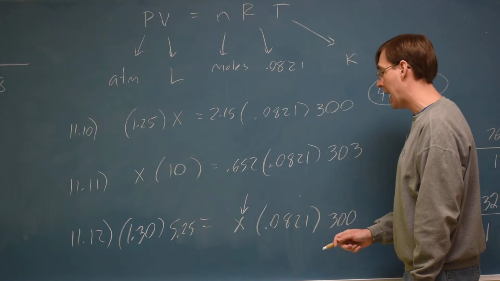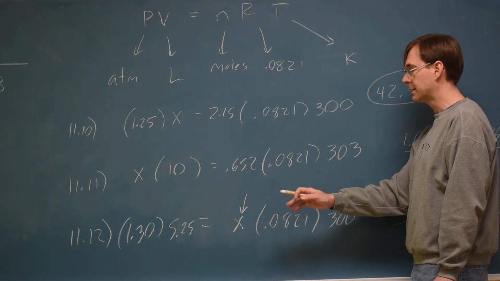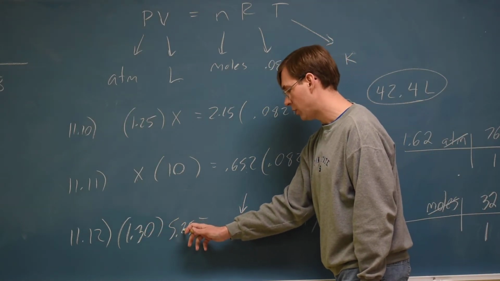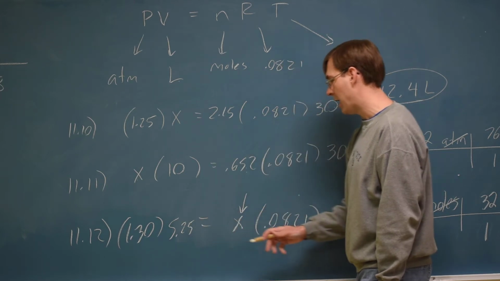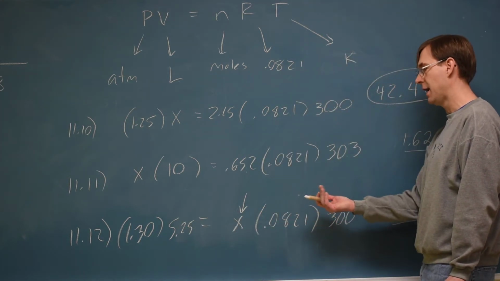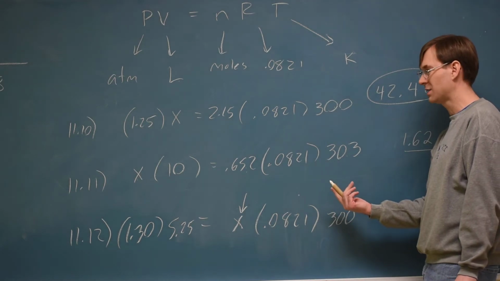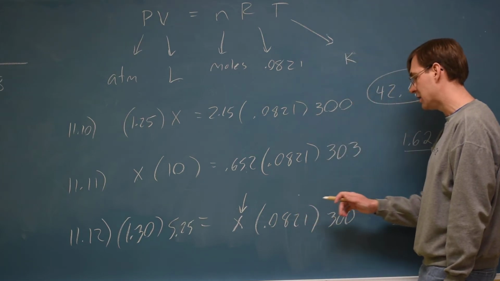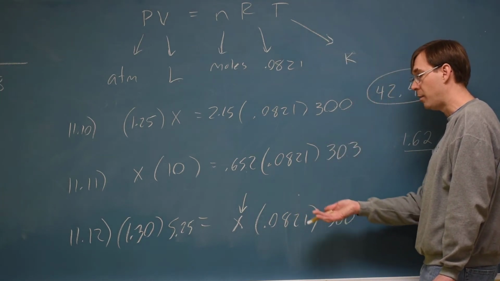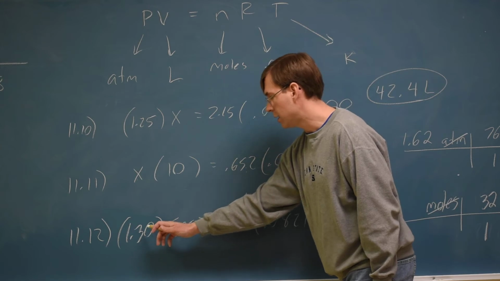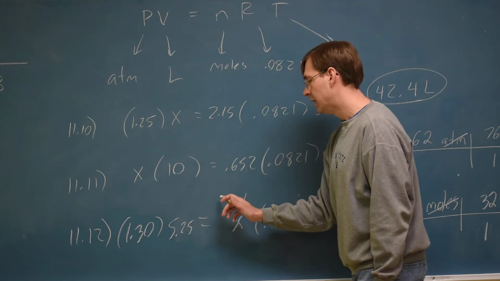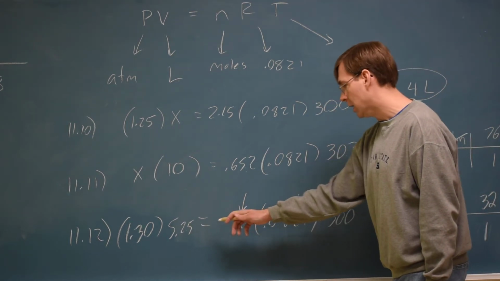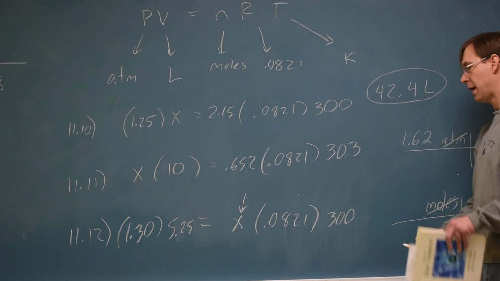Since we're after this x, always start by multiplying the side that's complete. Take 1.30 times 5.25, and then divide by any of the numbers on x's side. X is on the other side this time, but the process is the same. Multiply the complete side without the x, and then divide each number that's in x's way, to do opposites to get them out of there. So 1.30 times 5.25, divide by 0.0821, divide again by 300, hit enter,